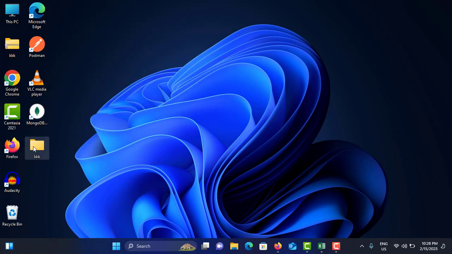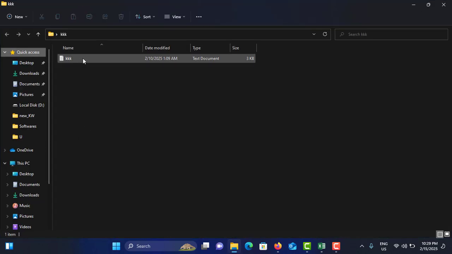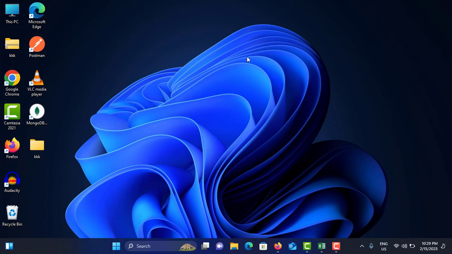Okay, now you can see it is extracted, and it will create new kkk folder. Go double tap on it. Yeah, now I can see my file is there. Yeah, so this is how you can unzip a file with zip file,